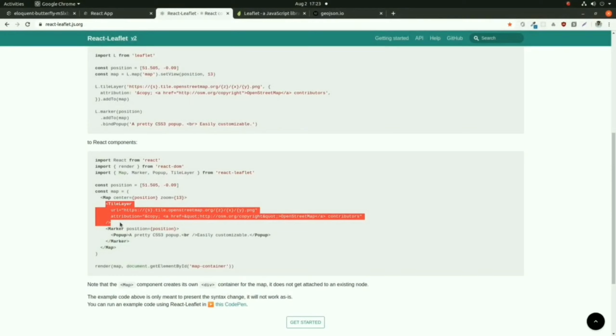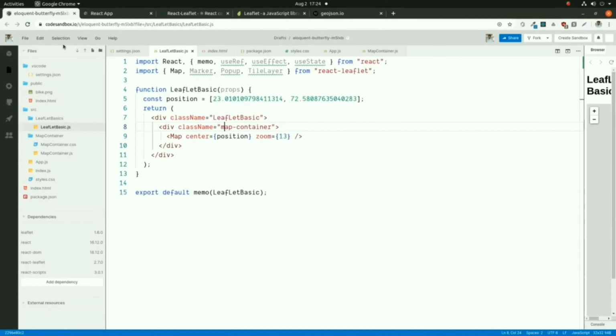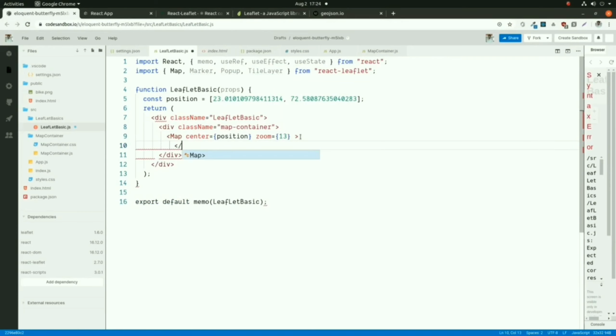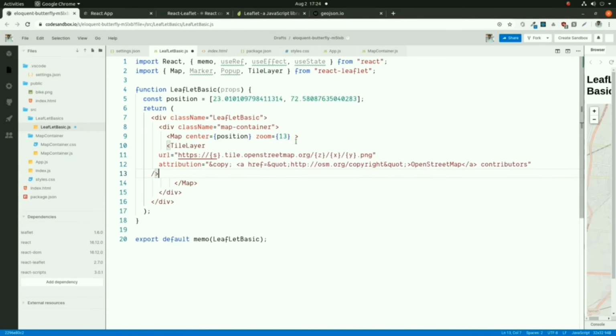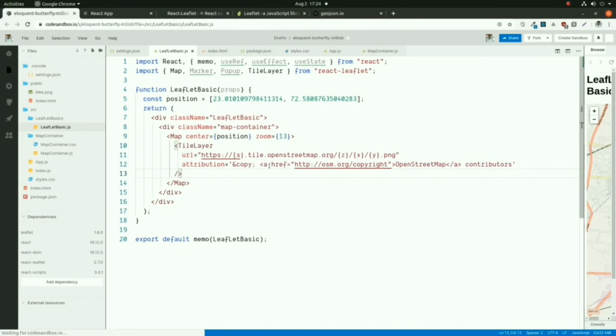Now for the tile layer, I will go back to the React Leaflet.js and copy the tile layer element and put it inside the map element. Here keep in mind that you need to add all the Leaflet elements inside the map element.